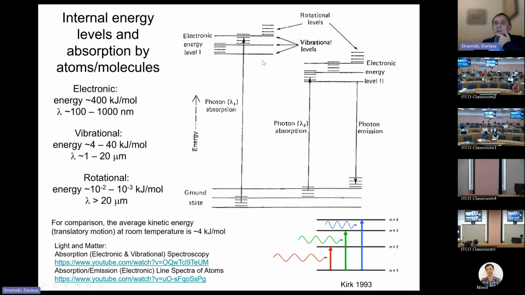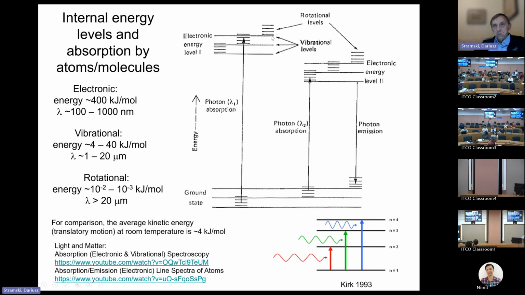This simplified model, which we can use to describe what happens in the chlorophyll molecule, is also useful to explain why photons from different parts of the spectrum play essentially the same role in driving the photosynthetic reaction. Because if a blue photon is absorbed, which has higher energy than a red photon, and the molecule now occurs within this excited electronic energy level 1, that excitation energy is very efficiently